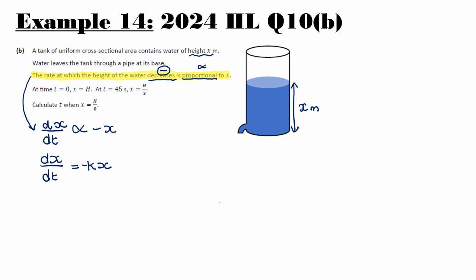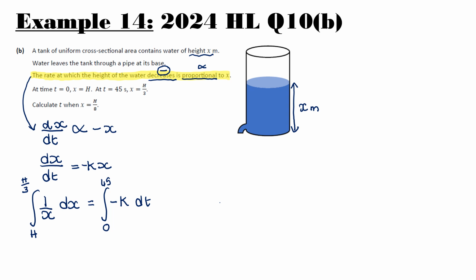So now that we've done that, we're going to separate our differential equation and solve it. So I'm going to bring the x over, but I'm going to leave the minus on the right hand side. I prefer to leave my minuses on the right if I can, because generally they're going to be easier to work with. So then we have when the time is 0, x is h. Now, it's completely up to you how you want to do this. Some students will go and work out, let's find an expression with x and t. I'll go straight to when t is 45, x is h over 3,